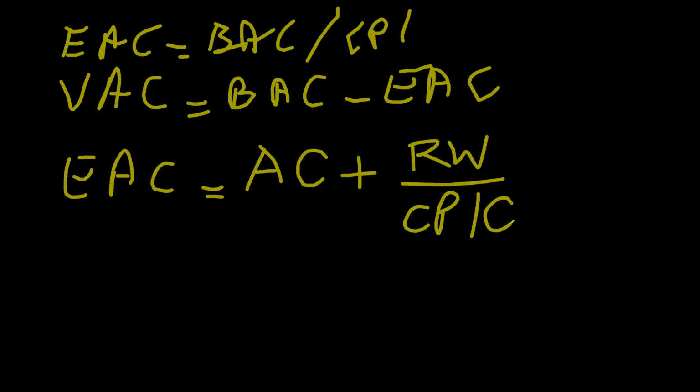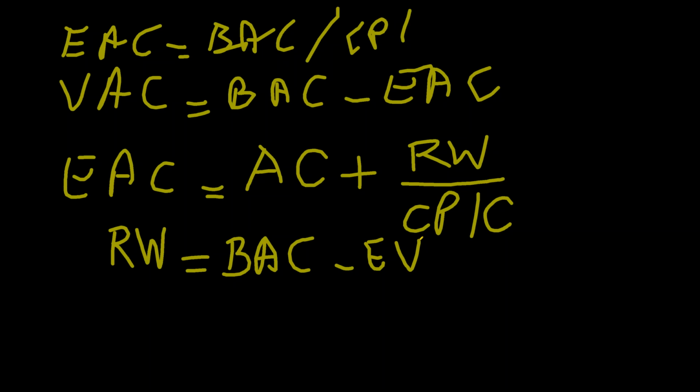मैं ये कह रहा हूं कि AC, जो खर्च कर चुके आप, अब तक जितना पैसा खर्च हो चुका वो तो हो चुका, वो तो वापस नहीं आ सकता। अब सवाल है और कितना खर्च होगा। इसके लिए मुझे पता होना चाहिए, व्हाट इज माय रिमेनिंग वर्क। जो रिमेनिंग वर्क है उसके ऊपर CPI का कम्युलेटिव इफेक्ट डाला जाए। टोटल काम तो था BAC, उसमें से जो काम हो गया वो अर्न वैल्यू।